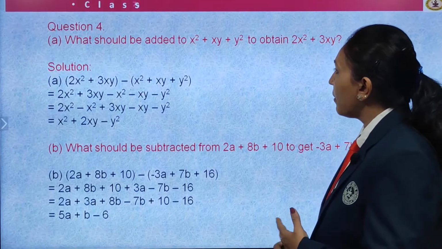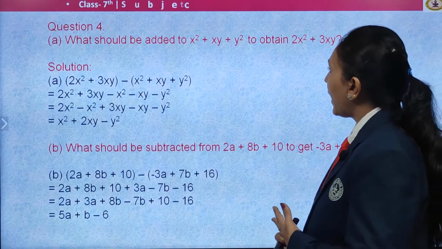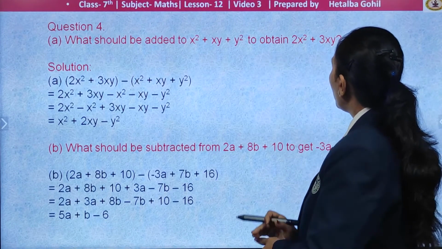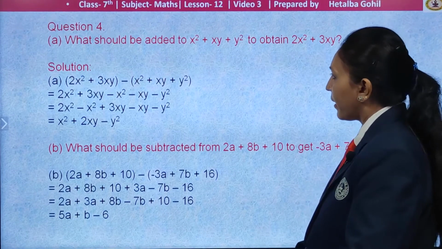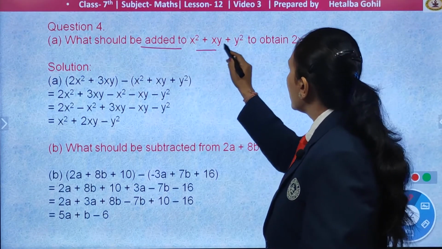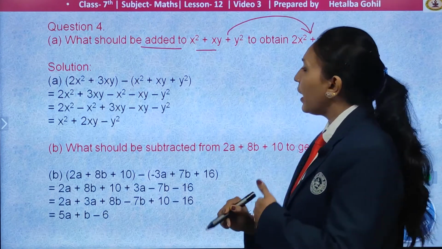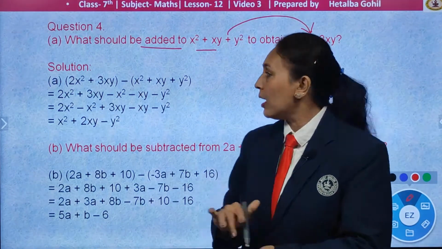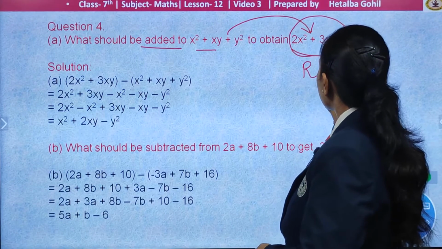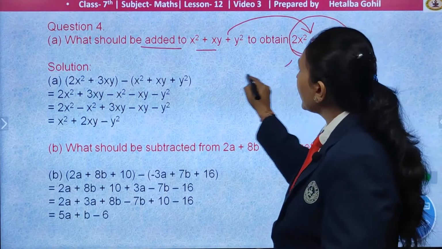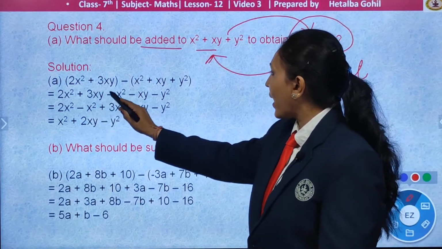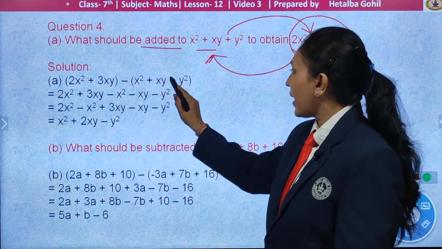Now, question number 4. What should be added to x square plus xy plus y square to obtain 2x square plus 3xy? If it is asked what should be added to this so that we get the result, what we have to do is simply subtract the two. This is going to be our result. So, from this you subtract the given one, that is 2x square plus 3xy minus x square plus xy plus